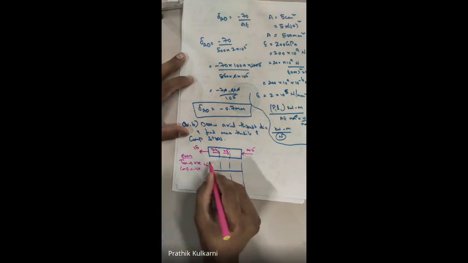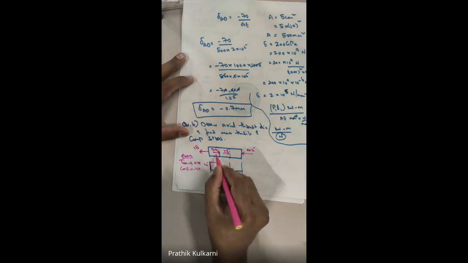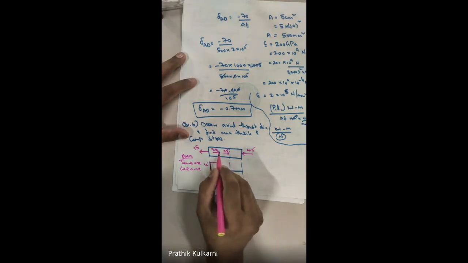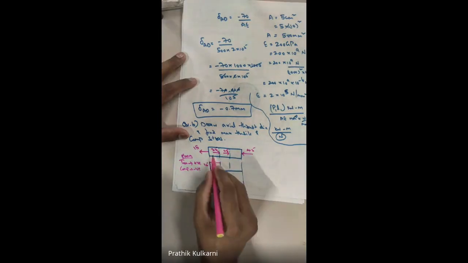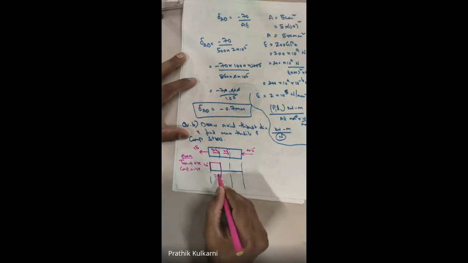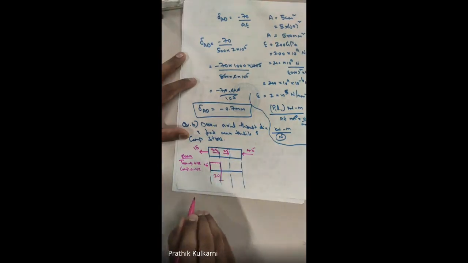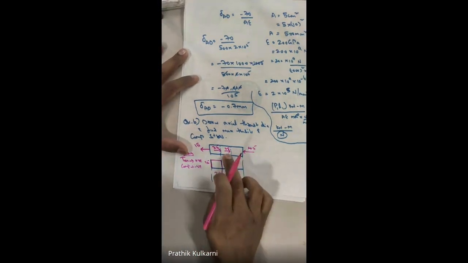So this is 15 kilonewton we have, so from here till here it is constant. Now after here, what is the load? 35. Is it a compressive or tensile force? It is compressive force. Yes or no? It is compressing the second portion, so this will go down. 15, and this 35, so it will come up to here, so this becomes 20, 20 plus 15, 35. Yes, then it goes straight from here.